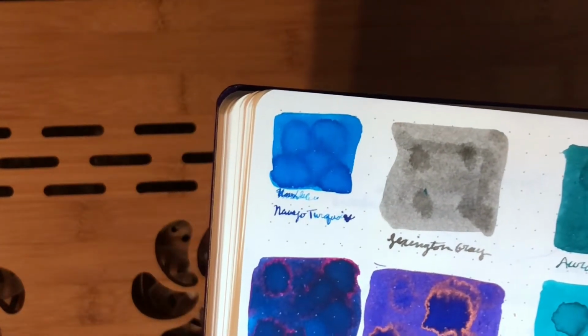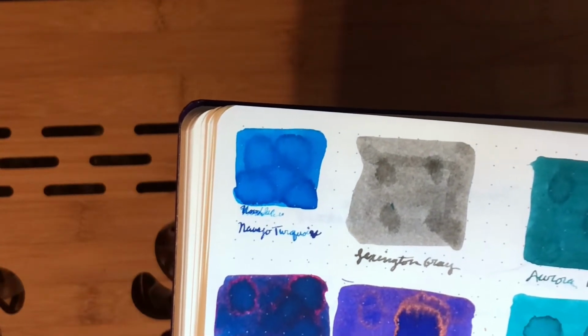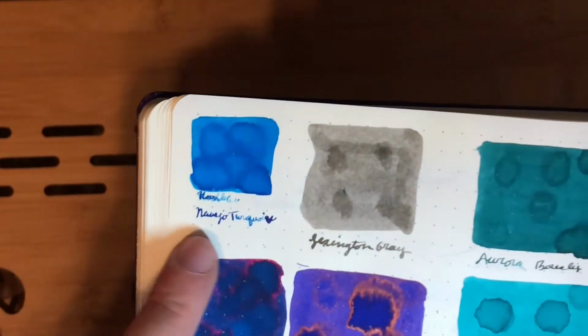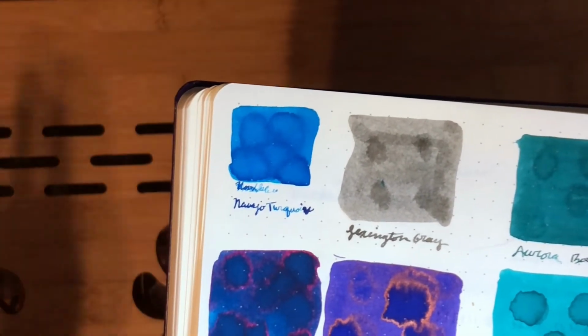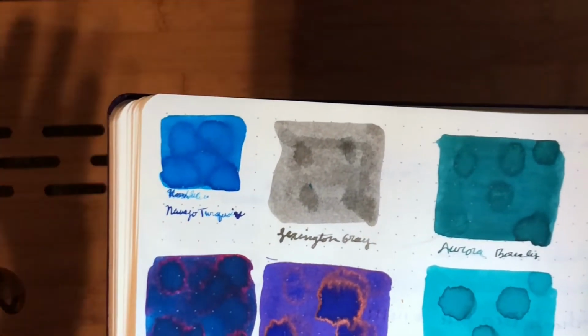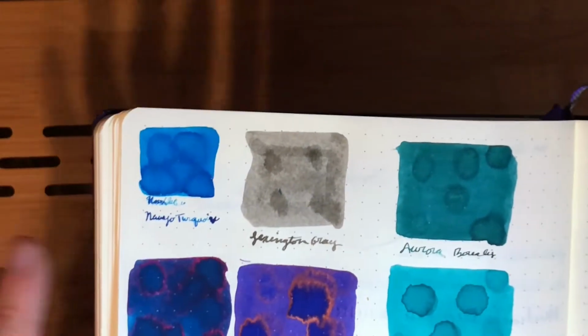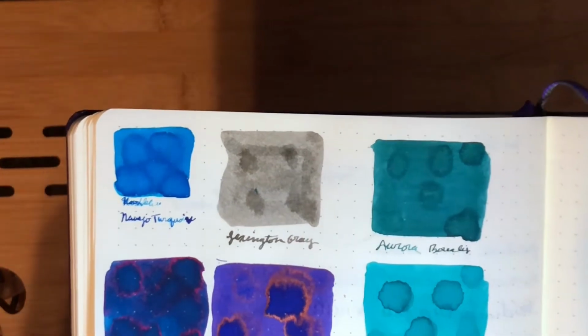This one I mostly use for hand lettering. I don't use this one so much for writing anymore because it does take a very long time to dry. But I love this ink, and you can see I kind of tried. I bought a calligraphy dip pen from Michael's the other day. I mostly wrote these out for my own edification, so I know which ones I'm pointing at, so don't worry about trying to read them, because when I do full-on ink reviews, I have a glass dip pen